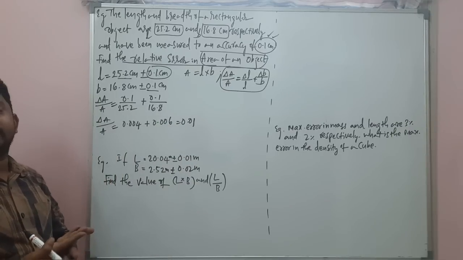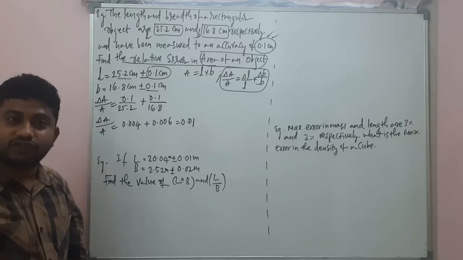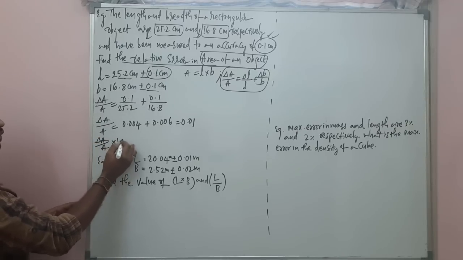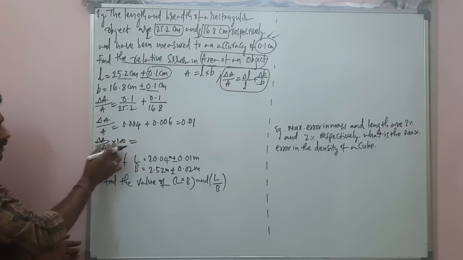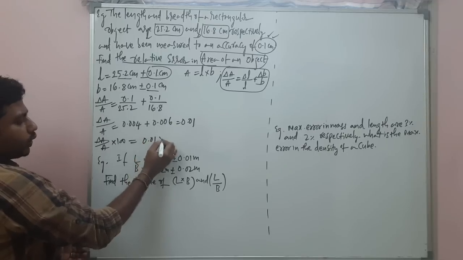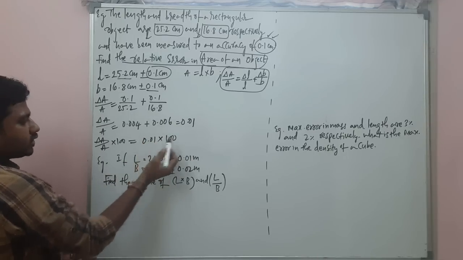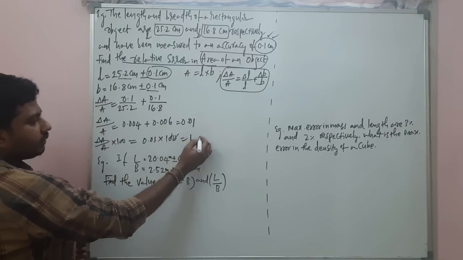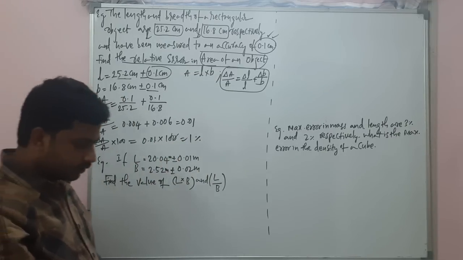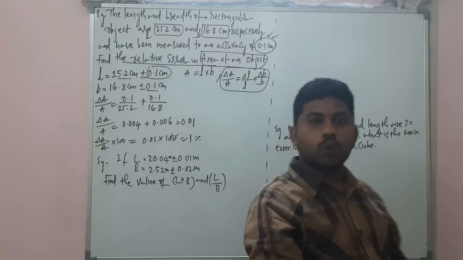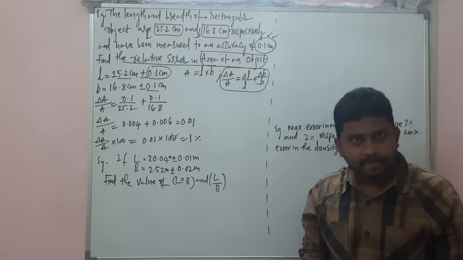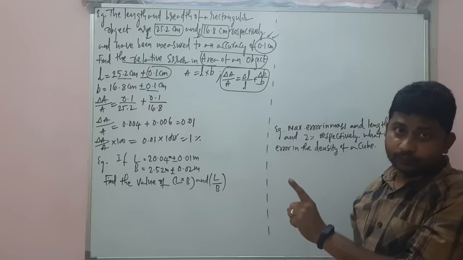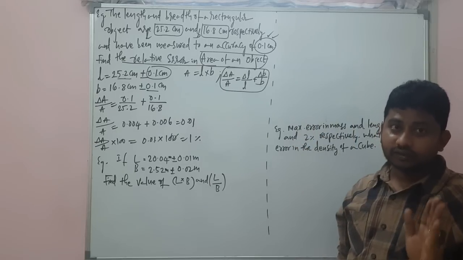Sometimes a question will be asked to find the percentage error in the area of the object. Percentage error will be delta A by A into 100. So delta A by A is 0.01 into 100. So this will be 1, 0 cancels, the point will come here. Another 0 cancels, the point will come here. So it will be 1%. So what is the percentage error here? 1%. My dear students, the same question can also be asked in another way. So that's what I am going to tell you now. Are you ready?